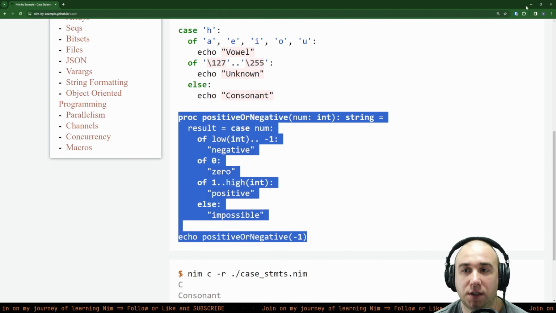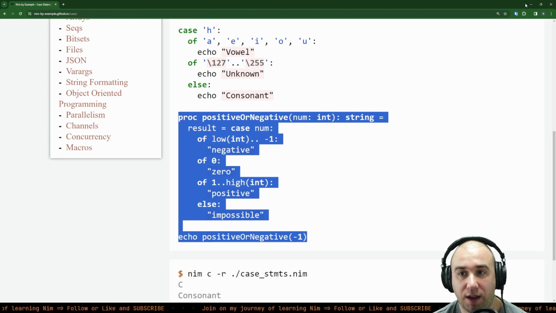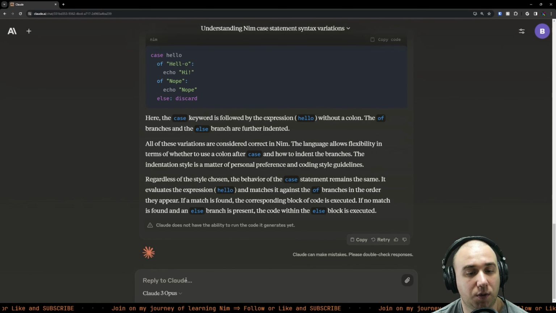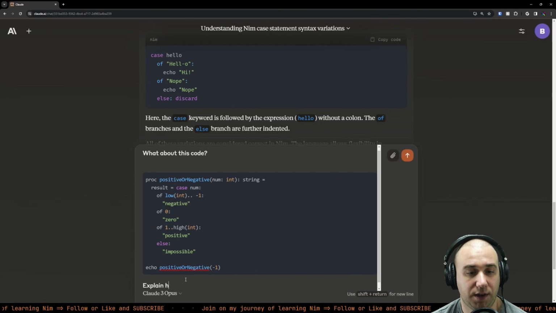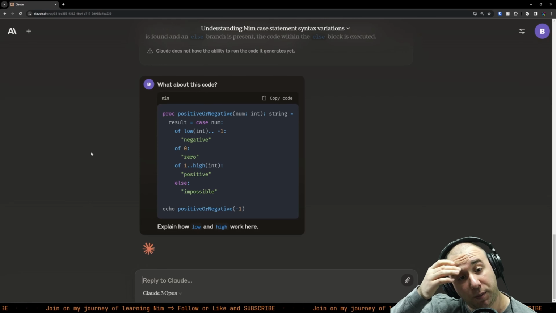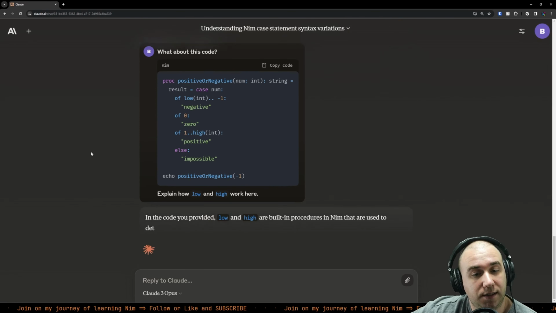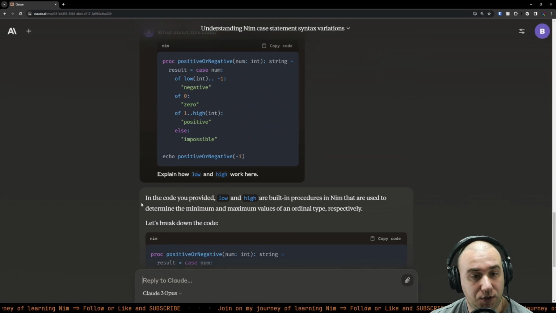Okay, sure. Let's go back to AI. Let's use it while we have it. There we go. So what about this code? Paste it. Explain how low and high work here. Maybe we'll learn a little bit of a lingo behind the scenes. So yes, they are built-in procedures in Nim that are used to determine the minimum and maximum values of ordinal type,